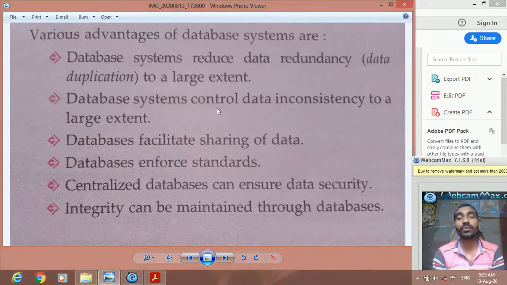These are the advantages when we use a database management system, but with simple application programs we don't get them. They become the limitations of that simple application.